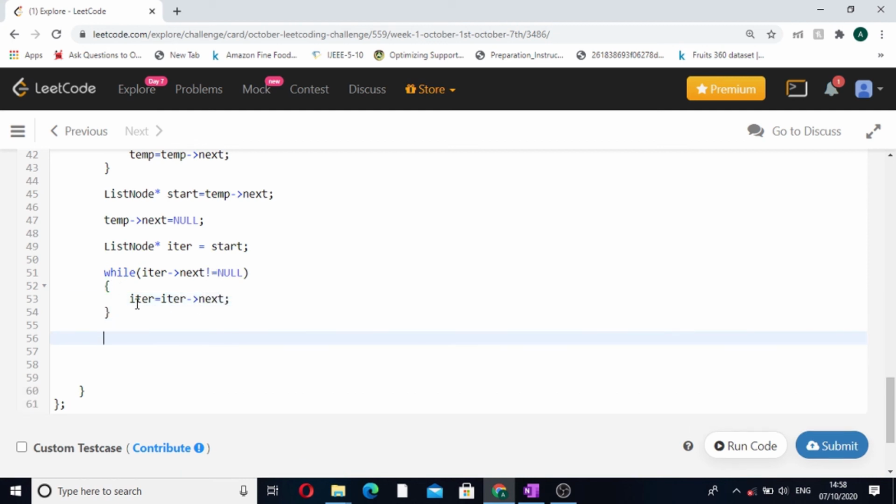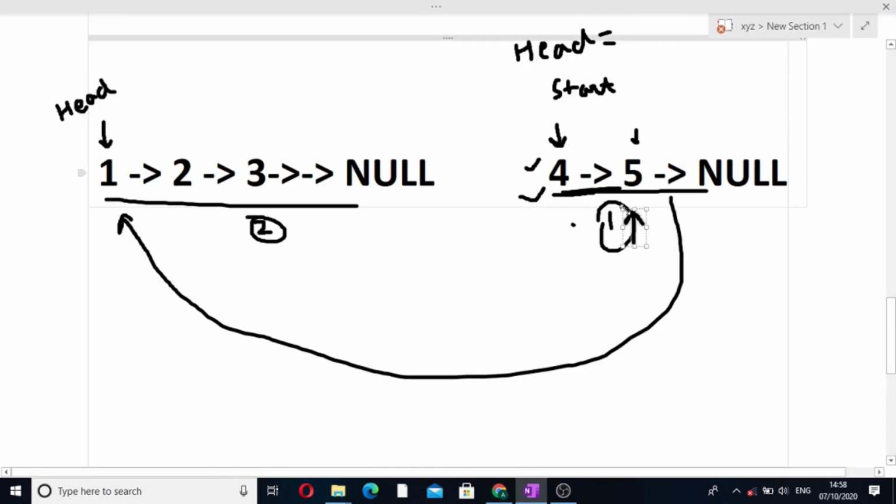After this while loop is over, our iter pointer will be pointing to the last element of this linked list, that is which contains the k elements. So now what we have to do? We just have to point the next value to the head, and we have to make our new head equal to the start.